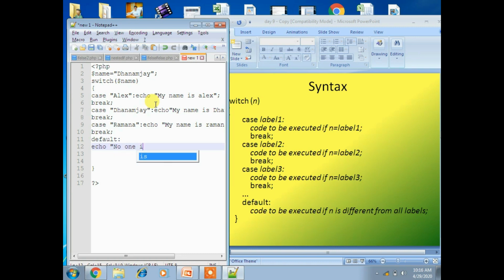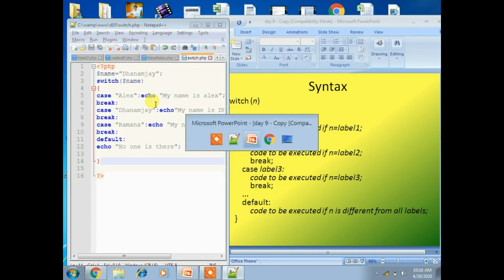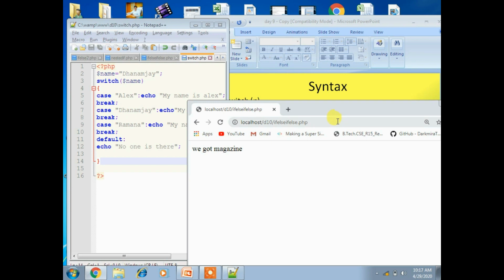That's simple, right? No one is there in the list. Okay, now save the program and execute this, switch.php, and run the program.